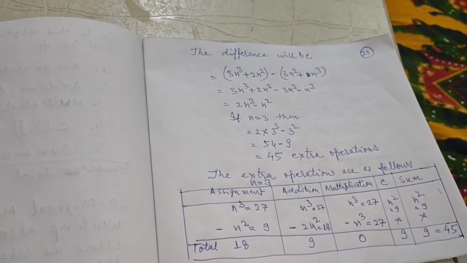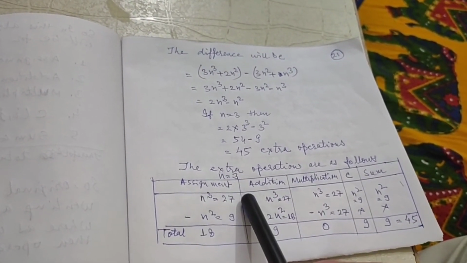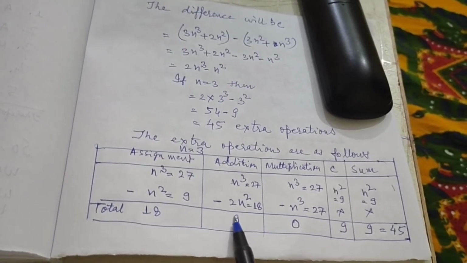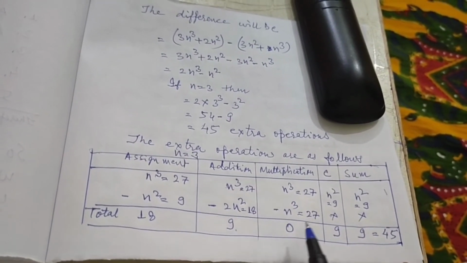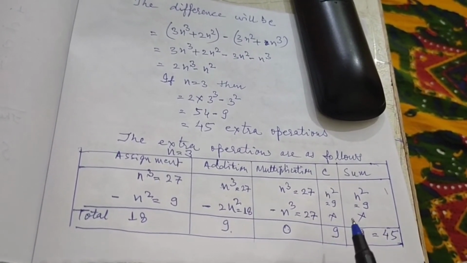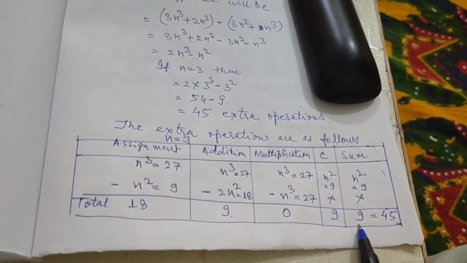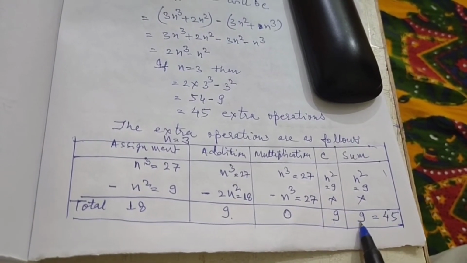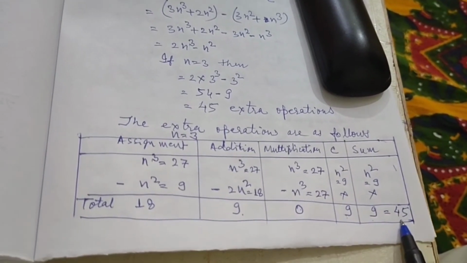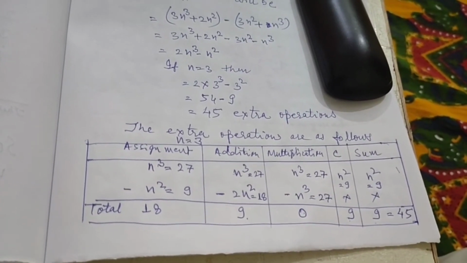Now what are the extra operations? Let us see. There are 27 assignments. So 9 extra additions are there. Same way, 0 multiplication, assignment of sum in Cij is 9, they are extra. Same way, sum is equal to 0, it is also 9. Therefore, there are 45. We have extra assignments in our algorithm, which are required to complete the